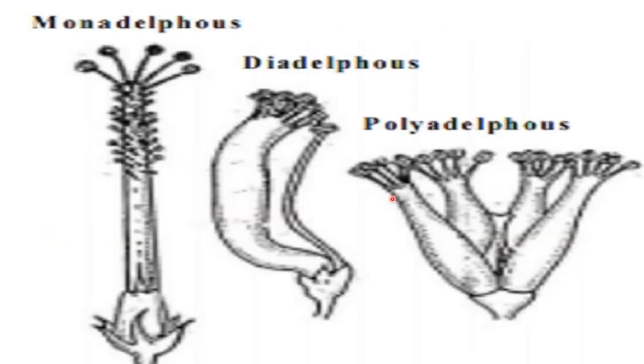Now you see here the monoadelphous condition. You can see these are stamens. Some part of the filament is free here, and some part is joined together, right? So only one bundle is formed here. This condition is called monoadelphous, where one bundle is formed by the joining of all the stamens together. You can see this free part here, which is some part of the filament, and some is joined here.